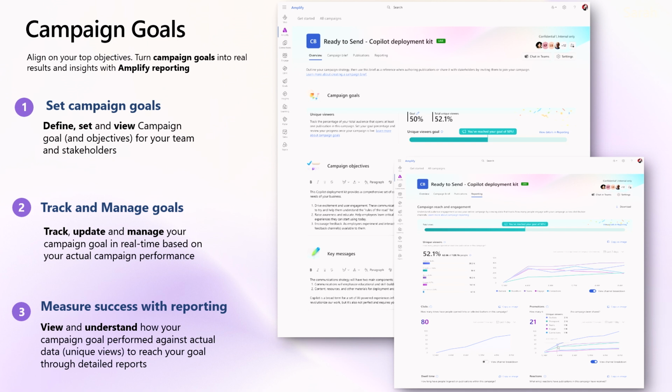effectively reaching those folks. So one of the big things that we're working on here is to make sure that you can actually set those campaign goals, what kinds of goals, how many people need to see this, what kinds of actions they need to take as part of this, and then ensure that we're actually measuring that success, of course, with the analytics and reporting capabilities. So it's just a really cool way to be able to put together that structure that you need, if you need that piece of it, and then make sure that you're achieving what you're doing.